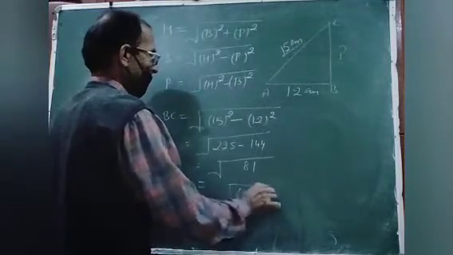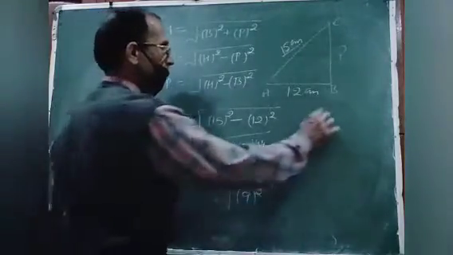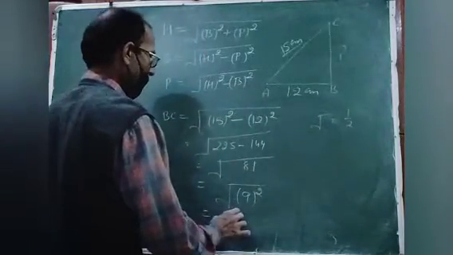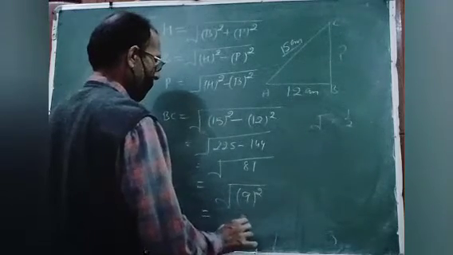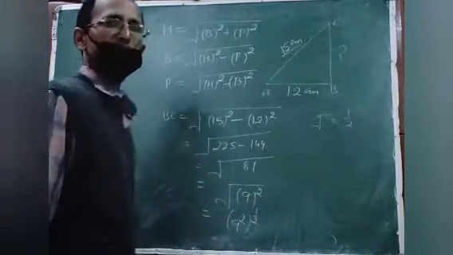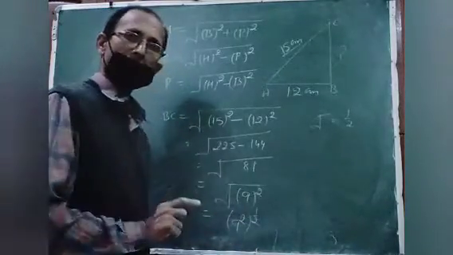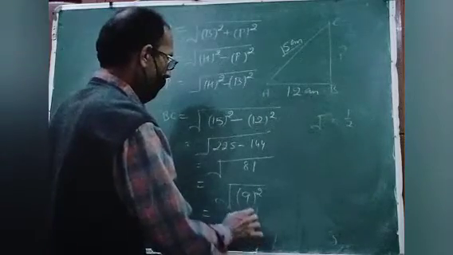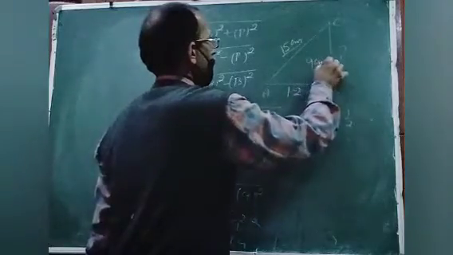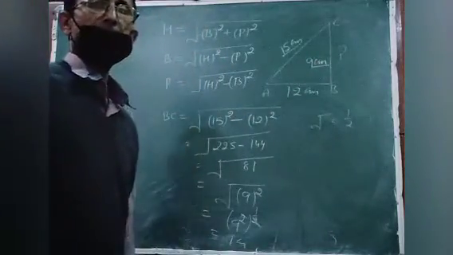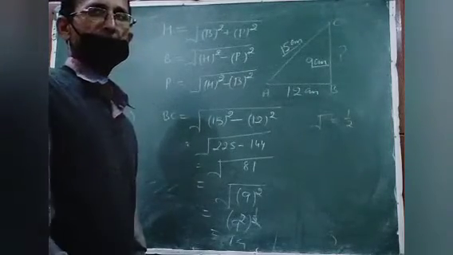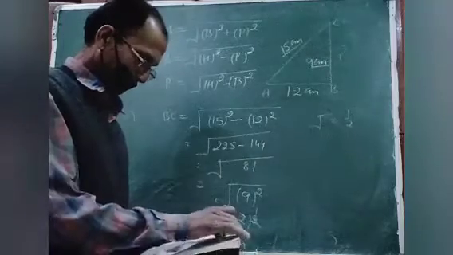And you already know the value of root is 1 by 2, and laws of exponent you have done already. So 9 raised to the power 2, and if I remove this root, it means this is 1 by 2. You can write root or you can write 1 by 2. So 2 cancels 2, so this will be 9 centimeter. So perpendicular is equal to 9 centimeter. Any doubt? Understood? Okay. Now next question.